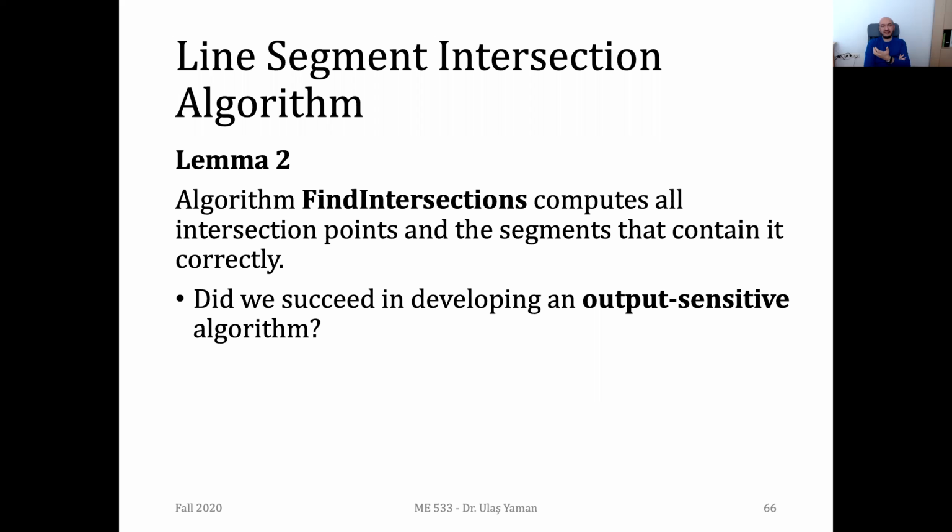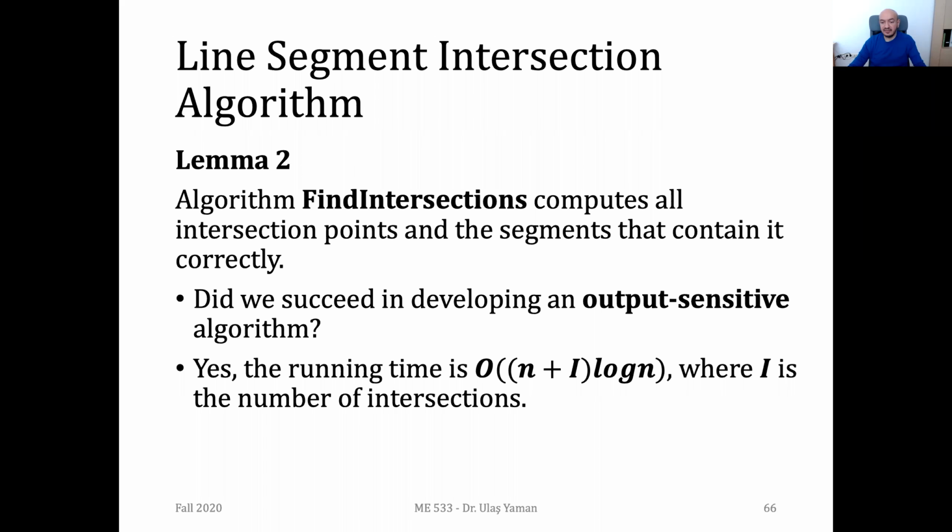And as we know, the intersection points are the outputs of this algorithm. So in the implementation, we will only be spending time for the intersection points. For the other ones, for empty regions, we don't have extra computation. So that's why we can say that our approach is output sensitive, and its time complexity shouldn't be